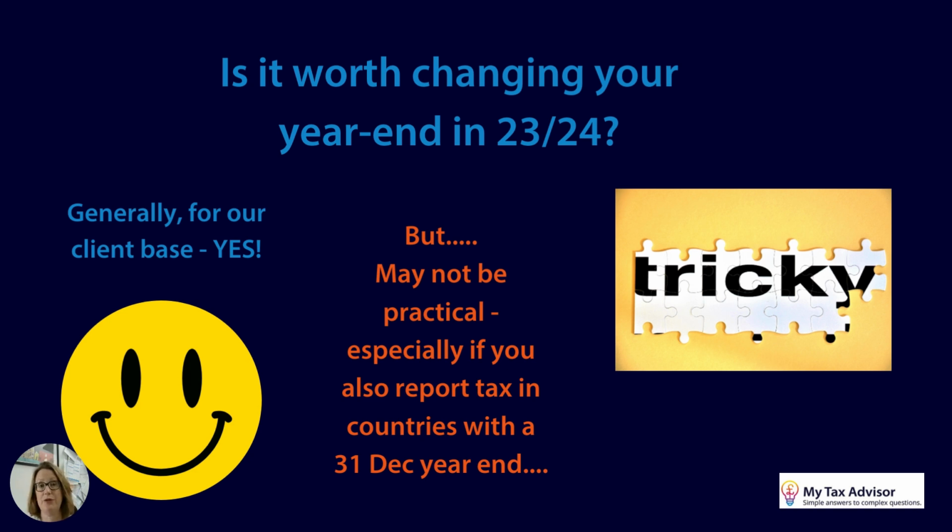But for some of you, it's not terribly practical if, for example, you've chosen a 31st of December year end because you're also reporting income, expenses and accounting profits in other tax jurisdictions. If you're regularly submitting an American or a German tax return, you may well have chosen the 31st of December because that alignment is necessary to make everything work across multiple jurisdictions. You might not have the flexibility to change back to a 31st of March year end. And if that is the case, then you are looking at the apportionment options.